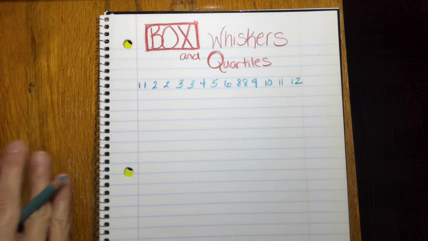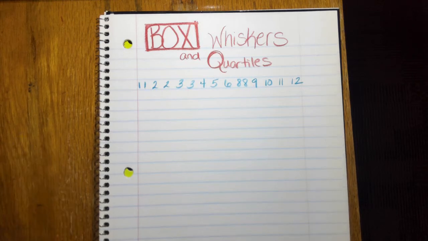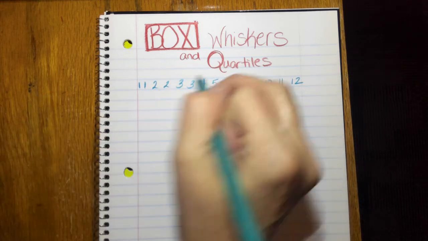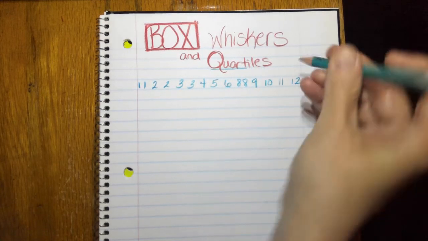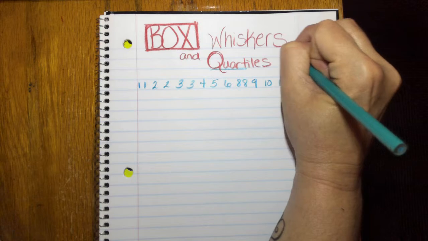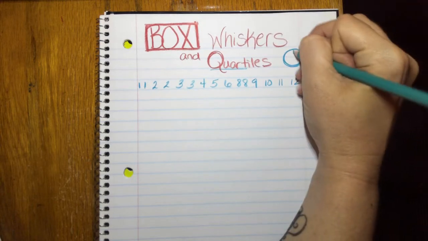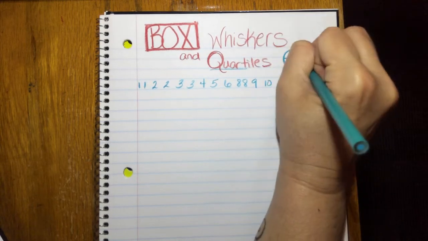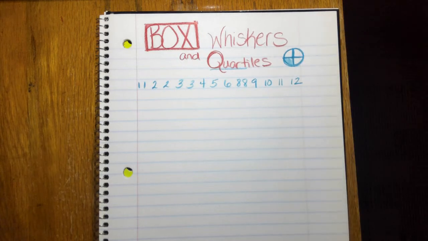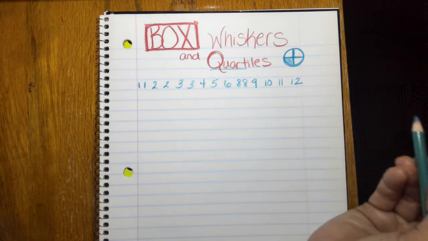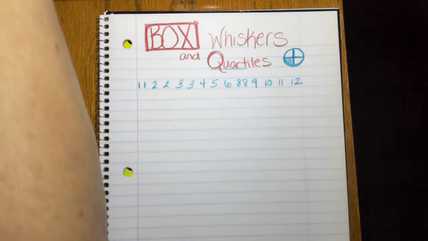First, I'm going to talk to you about quartiles. The quart or quarter should give you a sense that you are dealing with something that involves taking things and dividing them into 4 groups. So the first thing I'm going to do, step 1,